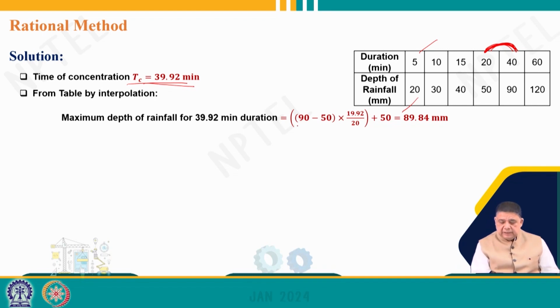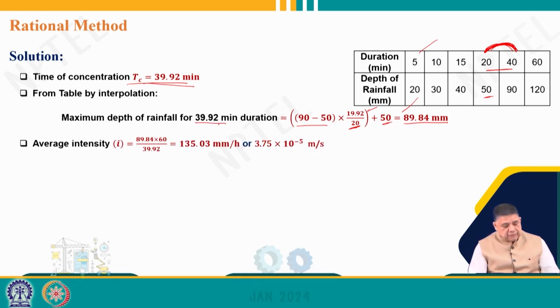So, 90 minus 50 times 19.92 divided by 20, because this difference is 20 and this is starting from 20, here it is 19.92. So, that is why we take 19.92 by 20 times the difference between these two, and of course, the base value of 50. So, the total rainfall depth comes out to be 89.84 millimeters in this 39.92 minutes,